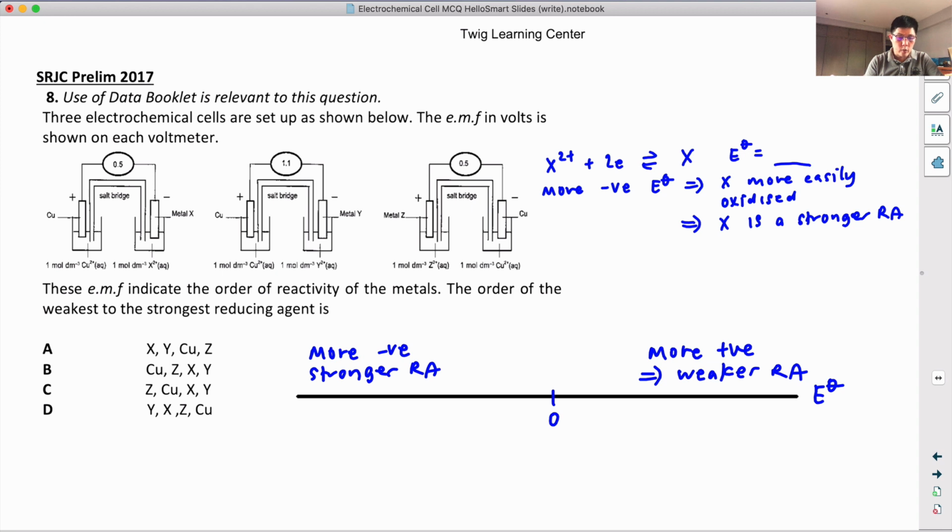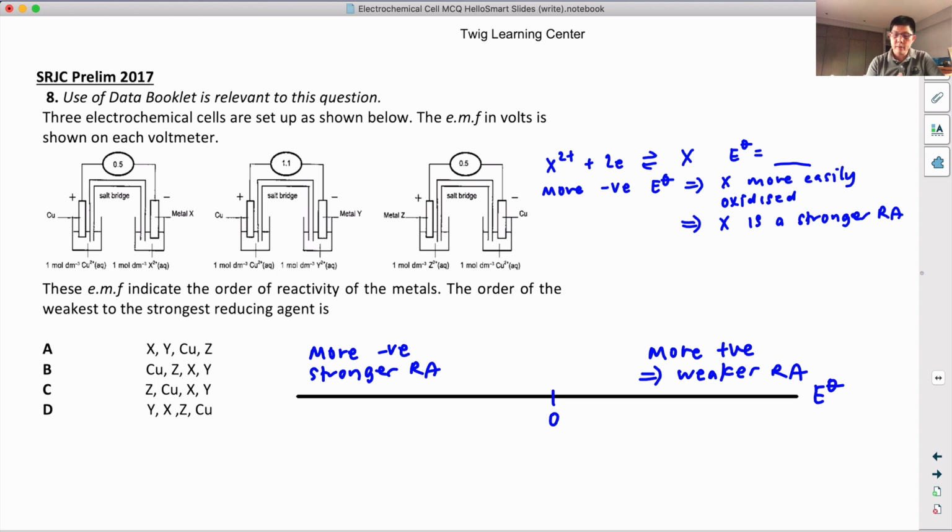Okay, let's look at question 8. There are 3 electrochemical cells set up as shown, with the EMF or voltage shown on each voltmeter. What you must remember is this, because this question is asking for the reducing agent, the order